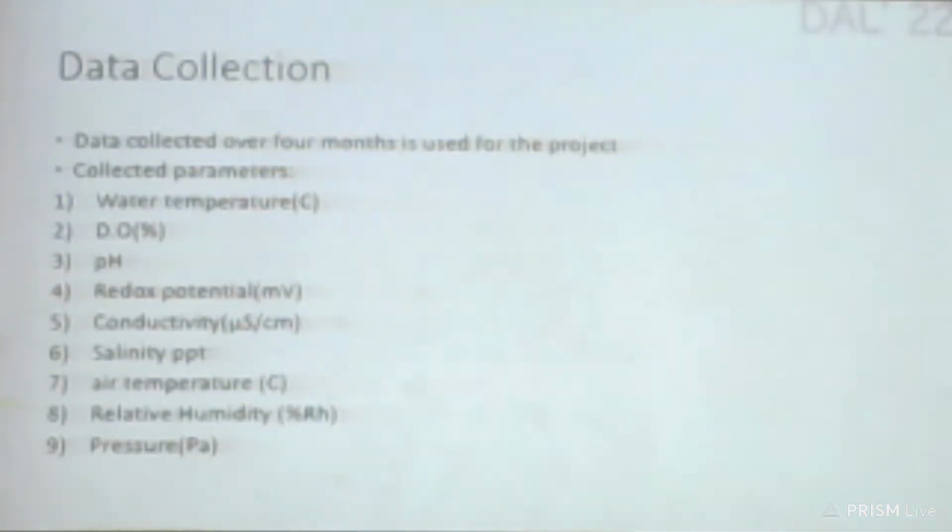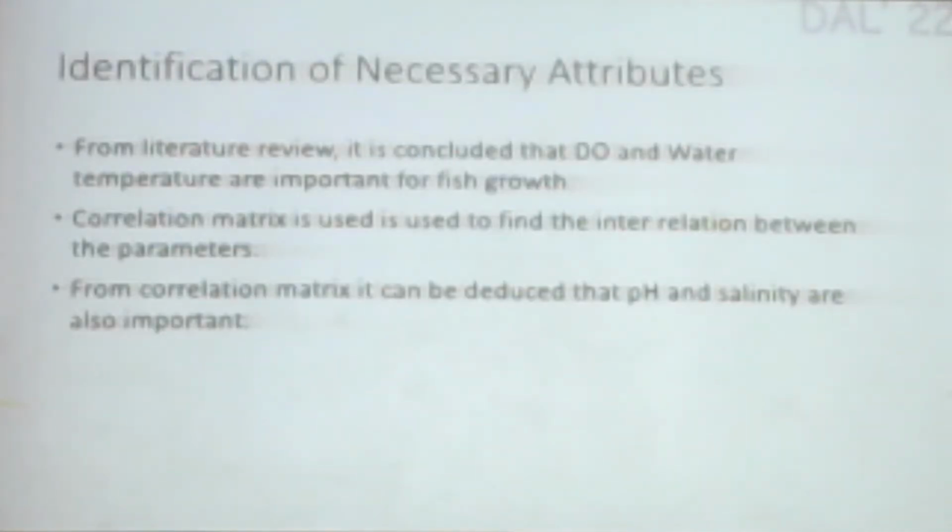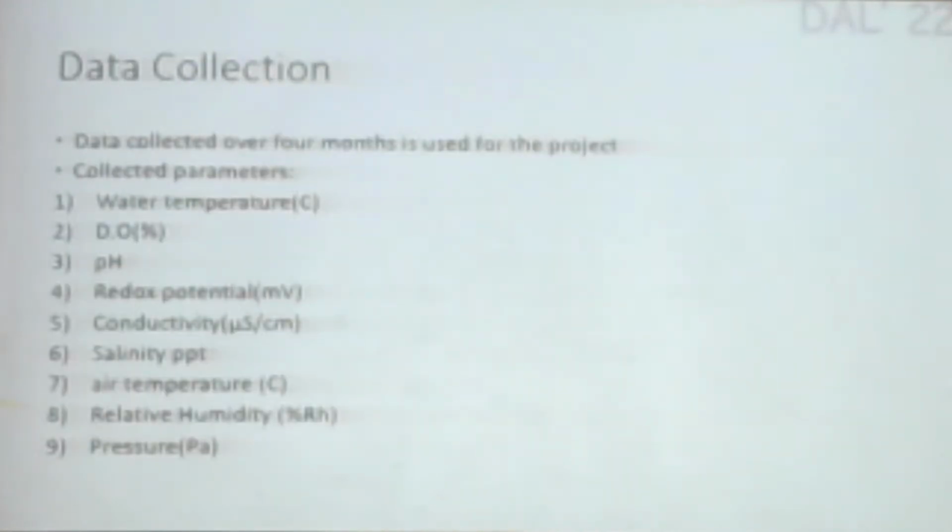So the data for this study was collected over 4 months from the backwaters of River Varna, and there are 9 parameters that we collected. From these 9 parameters, through data scheduling and correlation maps, we were able to determine that water temperature, DO, pH, as well as salinity were the only important features. Basically, only these 4 parameters, that are water temperature, DO percentage, pH and salinity, are the important